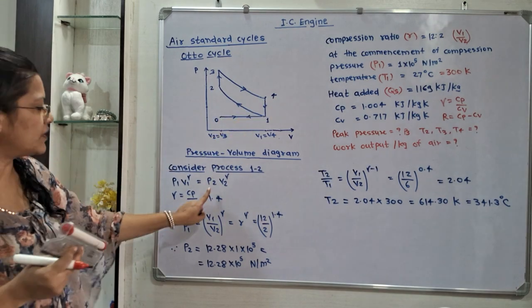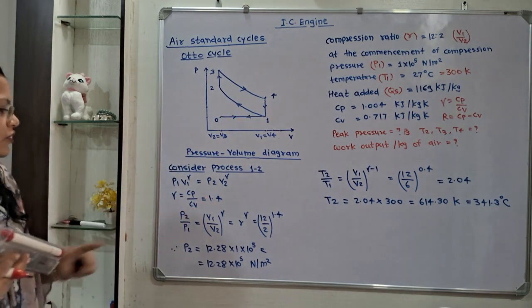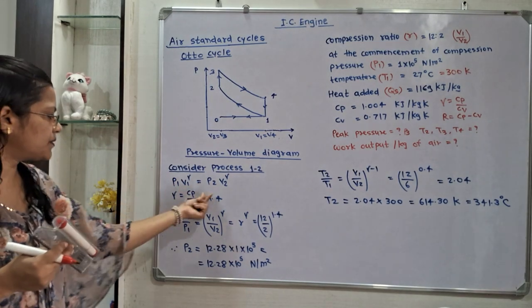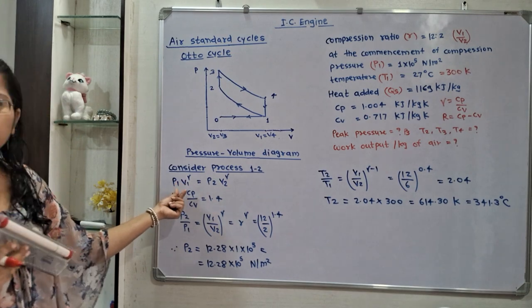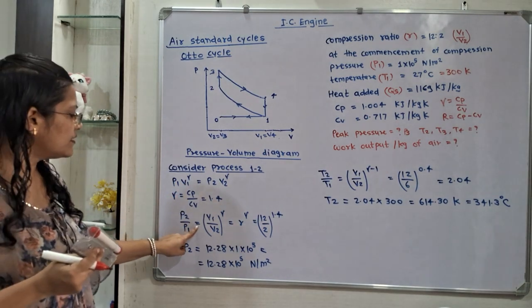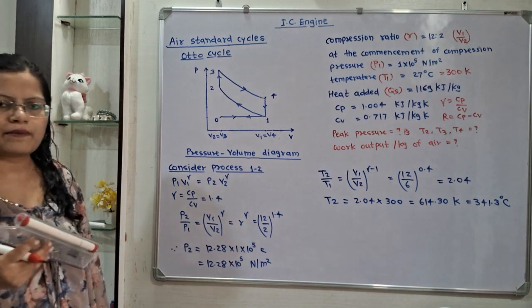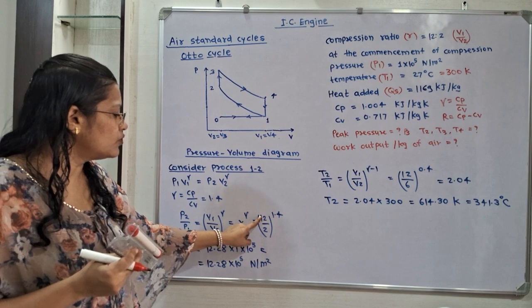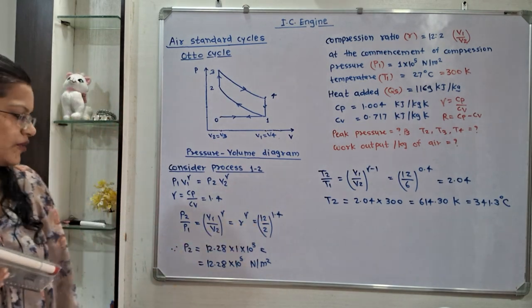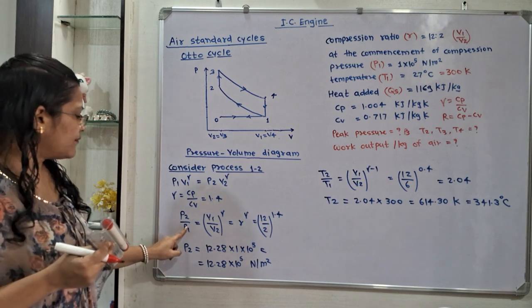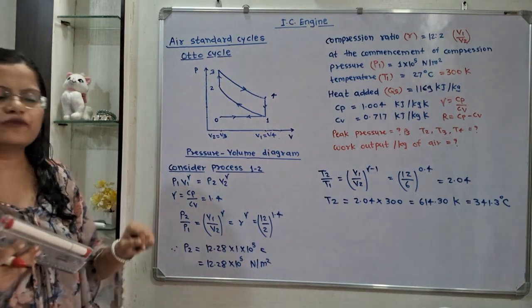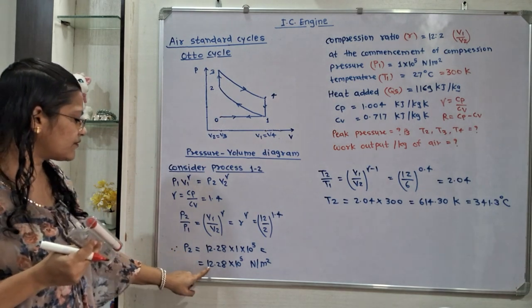When we calculate, we will get 1.4. So P2 by P1 is equal to, if I transfer P1 to this side and V2 raised to gamma to this side, then we will get V1 by V2 raised to gamma. So V1 by V2 is r, raised to gamma, is equal to 12 raised to 1.4. If I transfer P1 to the right hand side, P1 is 1 × 10^5. So P2 is equal to